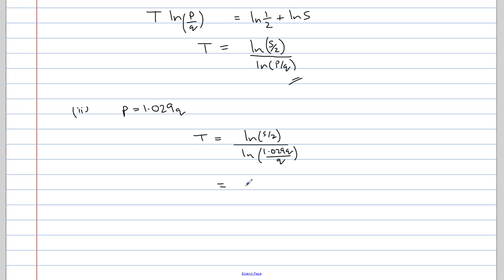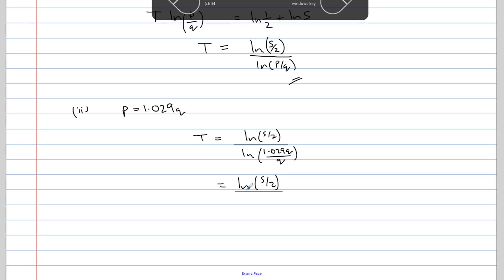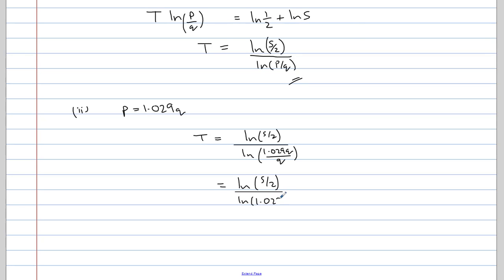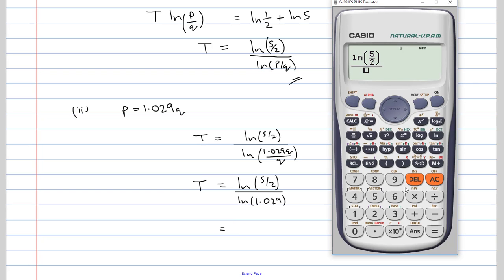That's going to simplify to log of 5 over 2 divided by log of 1.029. And that gives me t equals 32.05,